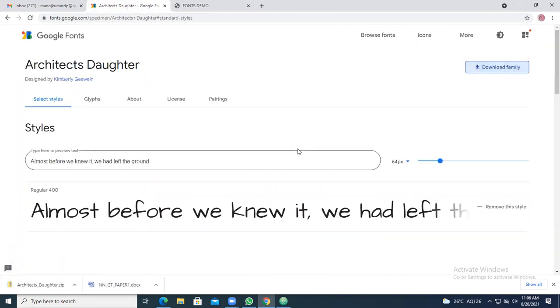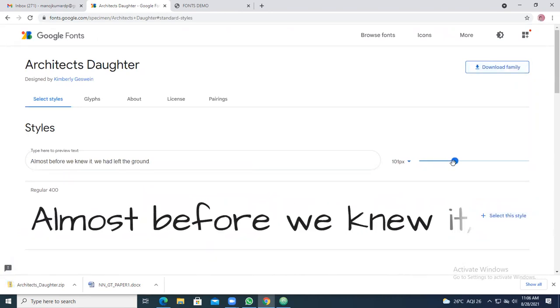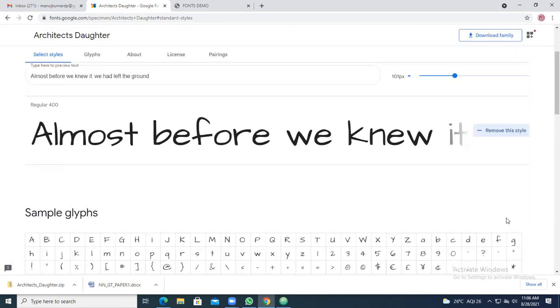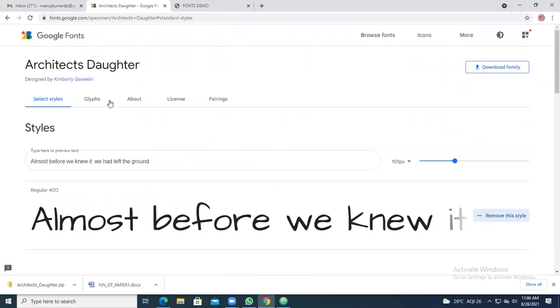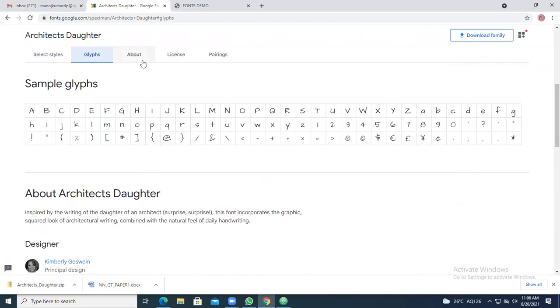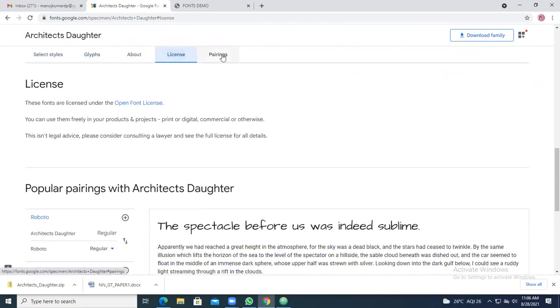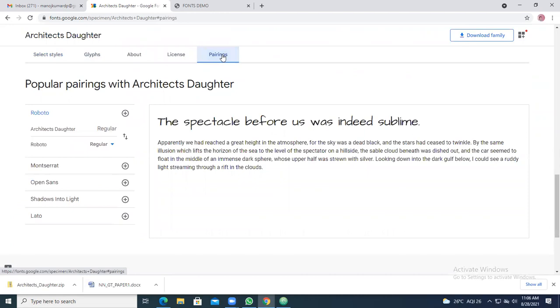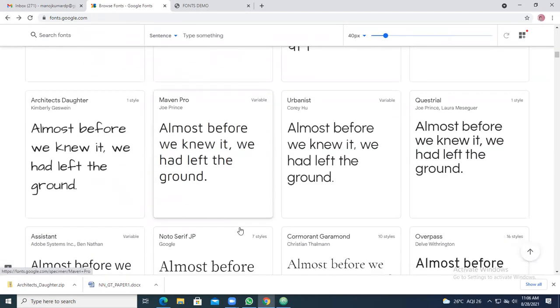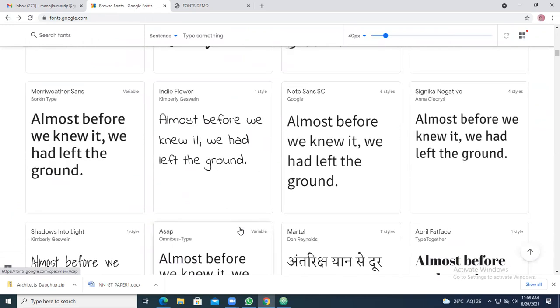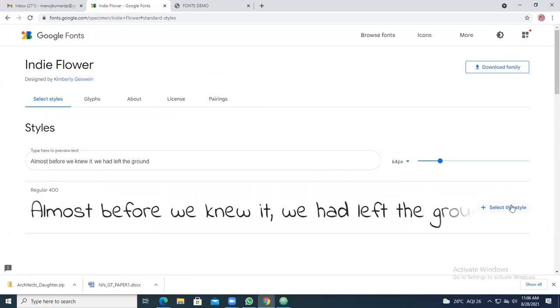So go with download family. You have to go with selecting this particular style like this. When you select the style, you should get the link.